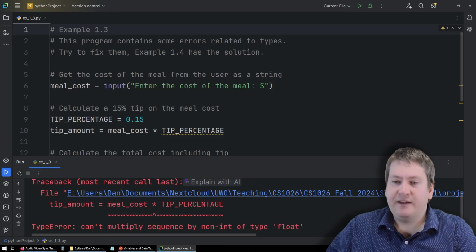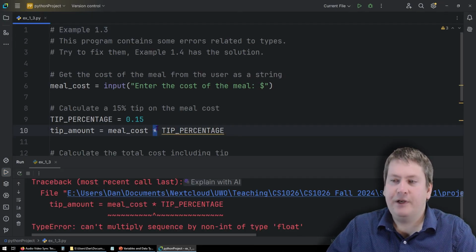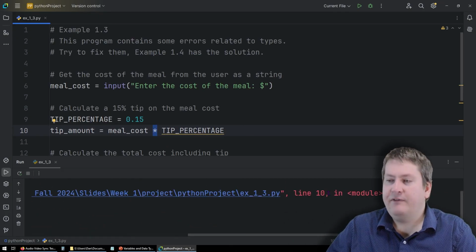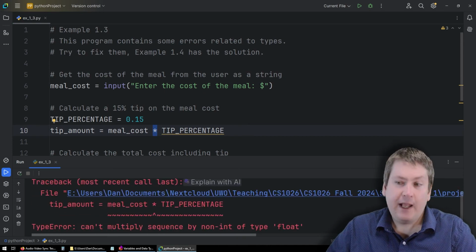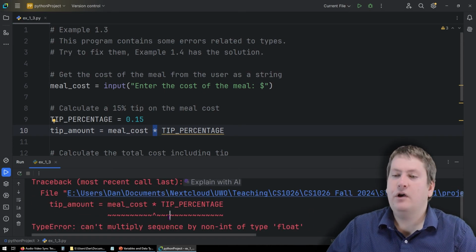in that it's showing us exactly the line that's causing the error and even the character on that line. So in this case, it's saying the error is happening right here. And if we even look over, it would even say the line in our file, which is line 10. So these errors contain a lot of information that can really help us figure out when something goes wrong, where